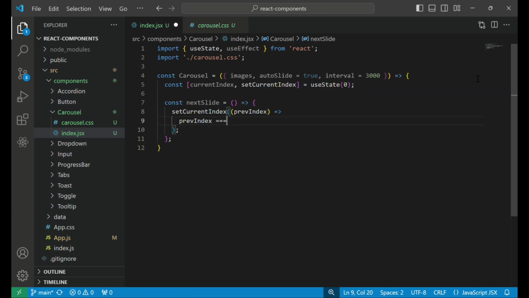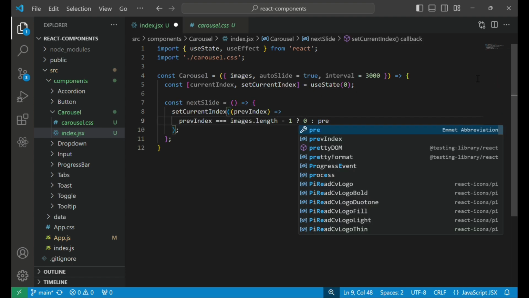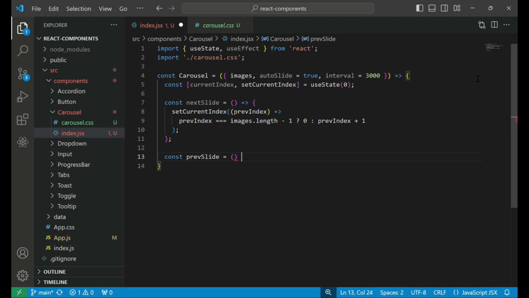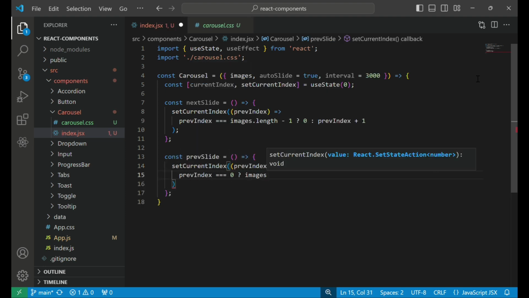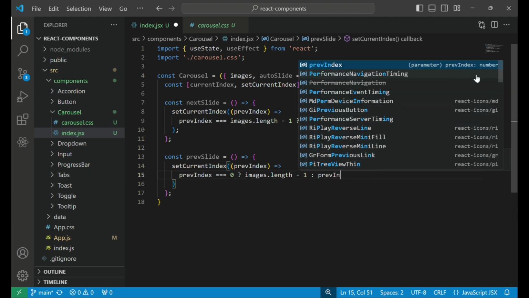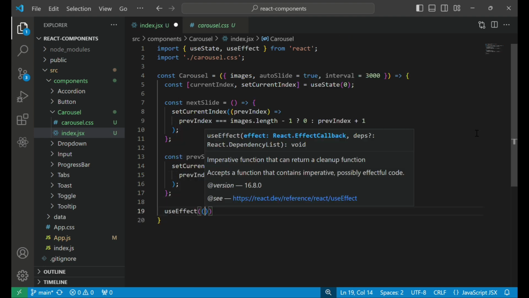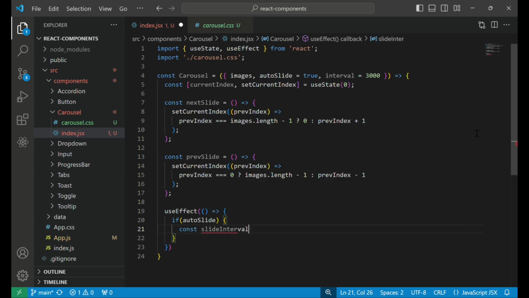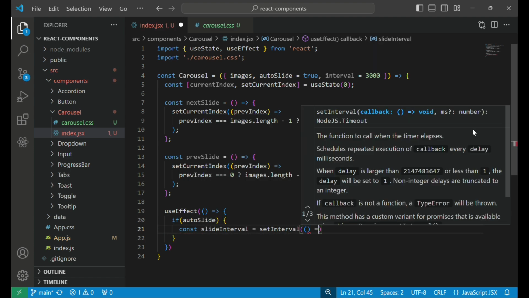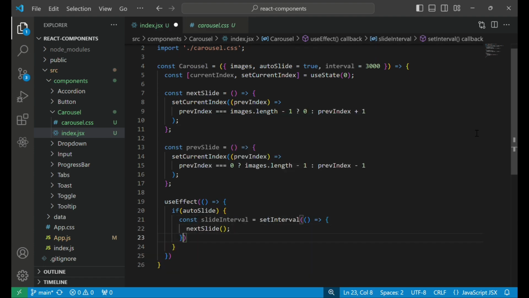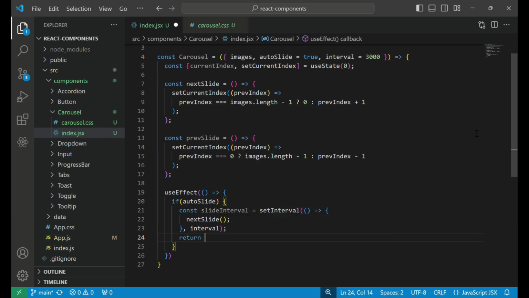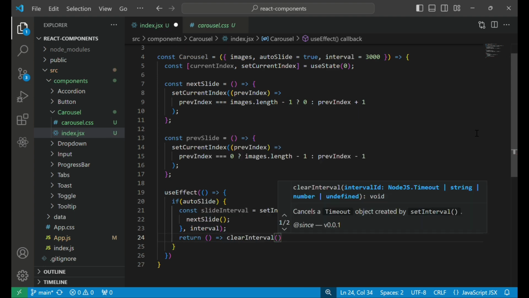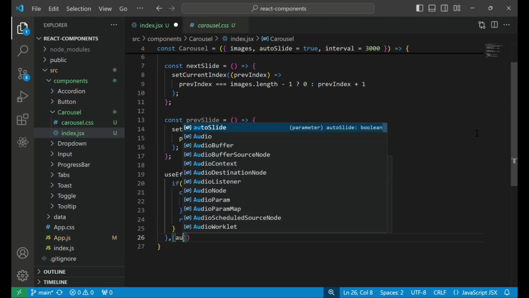nextSlide updates the current index to the next slide, looping back to the first slide if we're at the end. Similarly, prevSlide moves to the previous slide, looping back to the last slide if we're at the beginning. Next, we use useEffect to implement the autoSlide feature. If autoSlide is true, we set an interval that calls the nextSlide function every few seconds, defined by the interval prop. We also return a cleanup function to clear the interval when the component unmounts or the slide